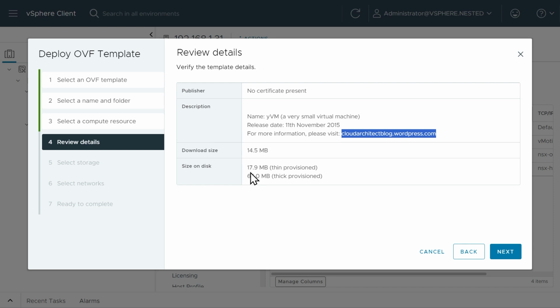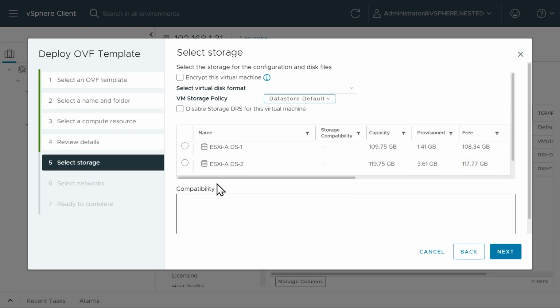And check out the size. If we do thin provisioning, it's 17 megabytes. That's like a rounding error. It's so tiny. It has VMware Tools installed. It's fantastic. So we'll click on next, and then I'm going to go ahead and place this on the first